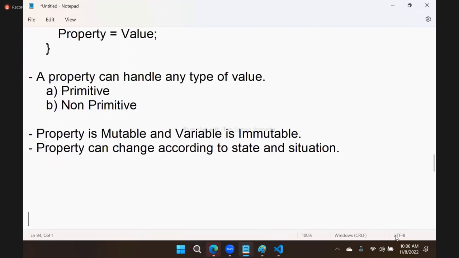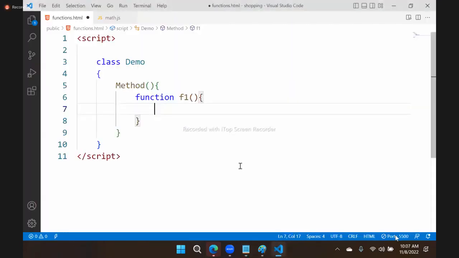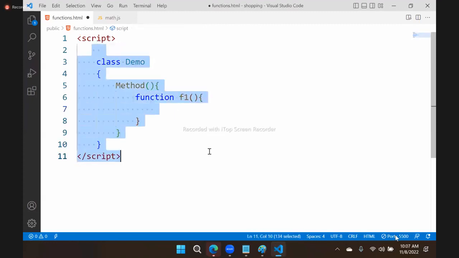But a variable cannot change according to state and situation. Let's prove this point, how a property can change according to state and situation. We will see how it can change. We have to prove this point: a property can change according to situation and a variable cannot change. Right? Now see here. The concept I will show here is simply, suppose,